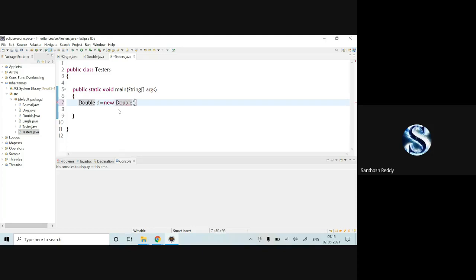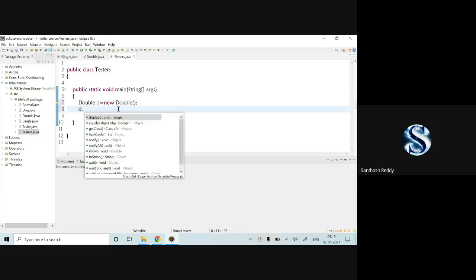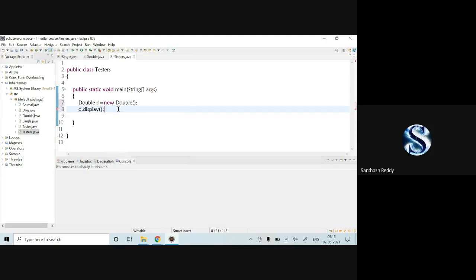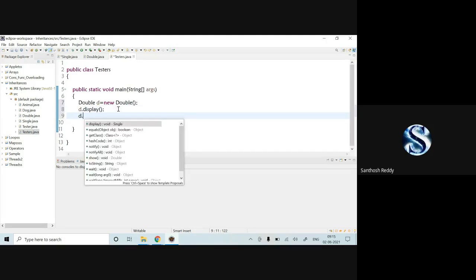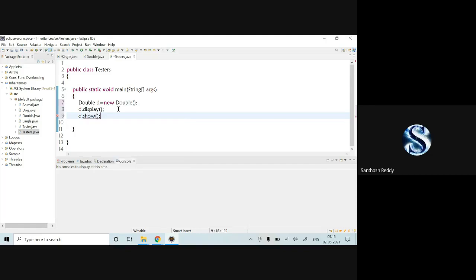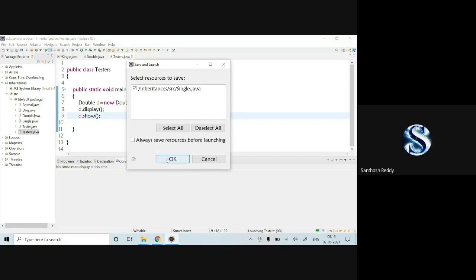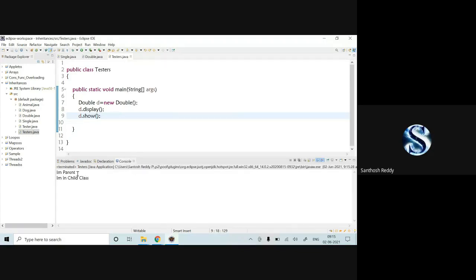That's it. Now I'll write d.display, d.show. That's simple. Save it. Now if I run the code, you can have a look at it. The parent class method as well as the child class method will be accessible.